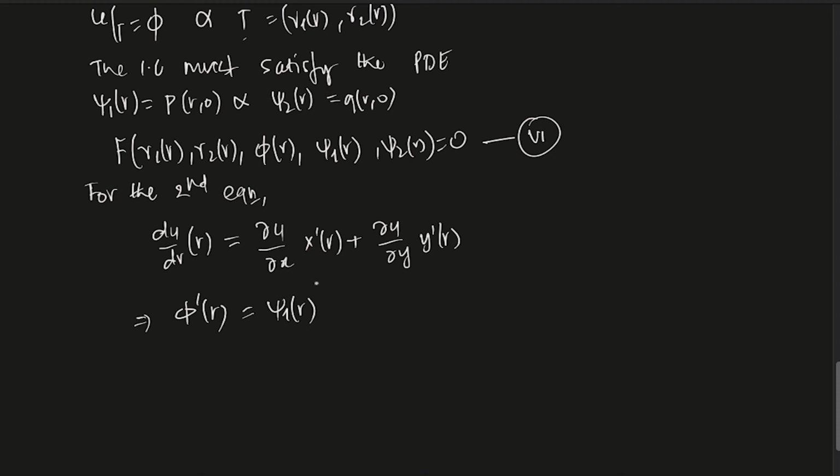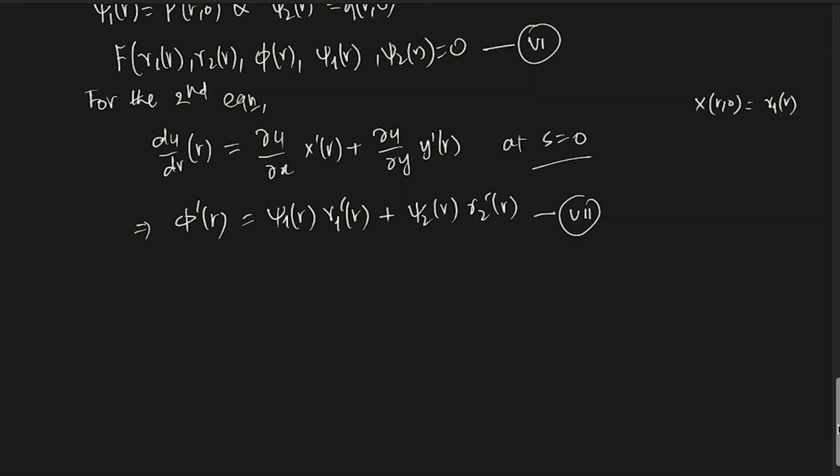And this is x prime of s. What is x prime of s? This is gamma 1 prime of r. Why? Because this is evaluated at s equals 0. x at the point r0 is gamma 1 of r, that's the initial condition. So x prime at the point r0 is gamma 1 prime of r. So this is gamma 1 prime of r plus, what about this? This is psi 2 of r, and this is gamma 2 prime of r. Clear? This is how we are going to get it. So this is 6 and that's your 7.